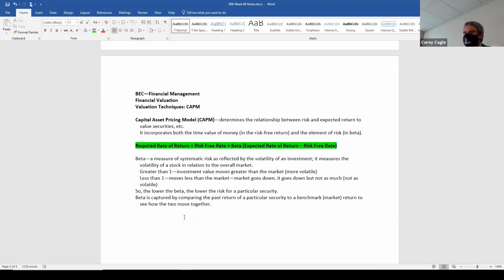So CAPM, the capital asset pricing model. You're valuing securities and things like that, and it's all looking at risk and expected returns. Time value of money is part of it because of the risk-free return that's in there. Risk is captured by beta. Beta is neat. Beta is a big regression model being run on historical data,